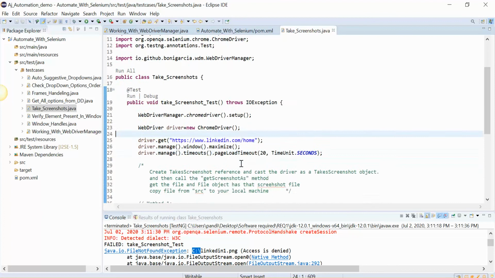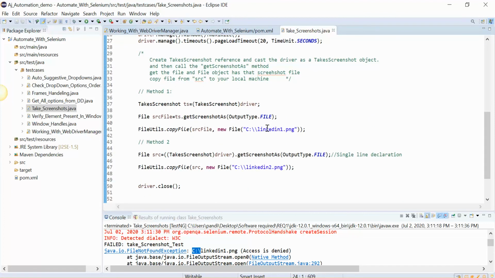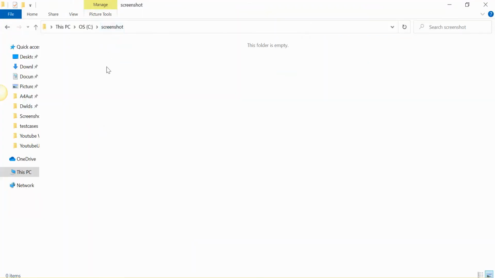So in the destination, in C drive, then the folder name, screenshot. And same here, screenshot. So in C drive, go to the C screenshot folder and save this there. So there definitely we will be able to store, right?